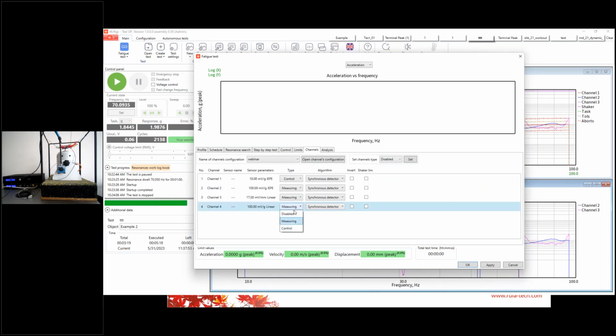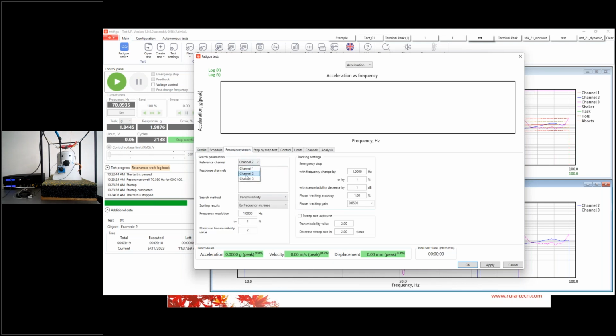After that, we disable the fourth channel and go back to Resonance Search tab. Here you see that we need to select the reference channel. We will use the first one because it's the control, and response channels. These two channels, the second and the third, will be compared with the first channel, and the transmissibility will be